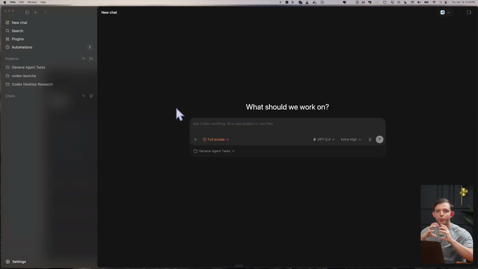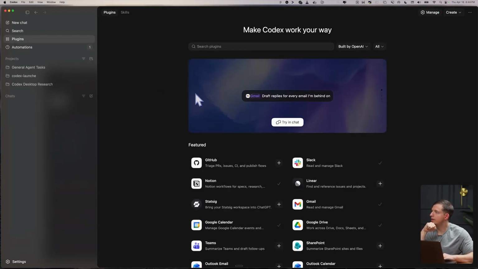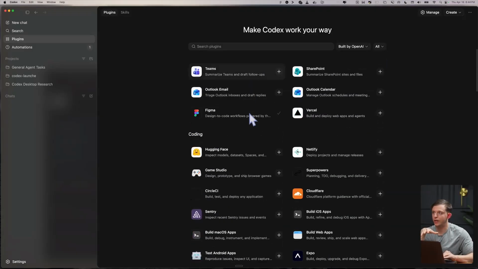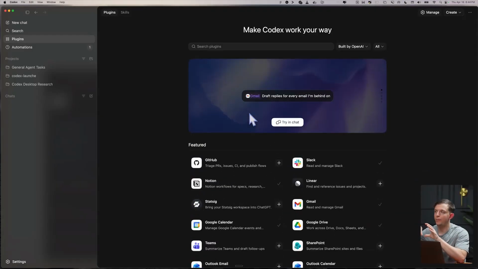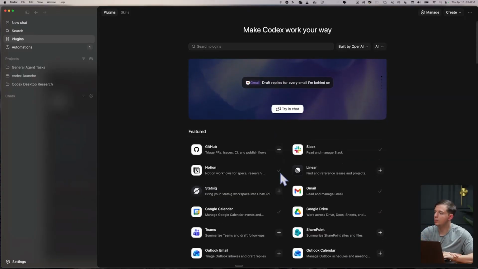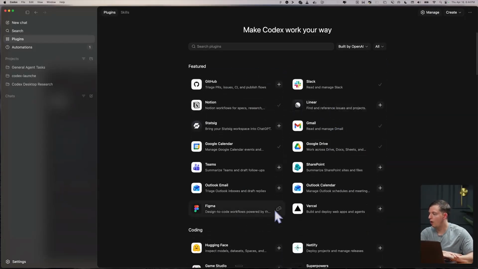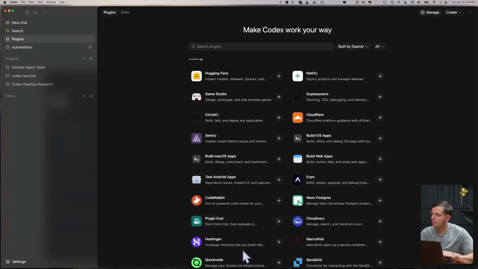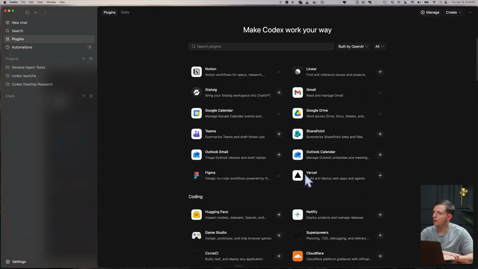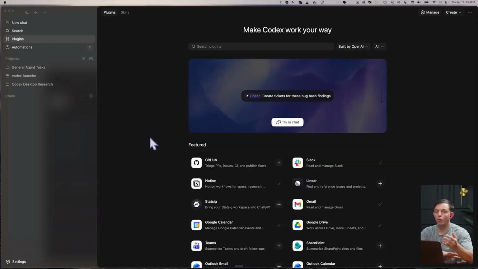And so plugins are kind of pre-made for you a lot of the time. They're just built into Codex, and this list is going to get 1,000 times bigger. This tool is going to become so popular that every software platform in the world is going to be begging OpenAI to create an official plugin for them so you show up at the top of the list. The value of showing up at the top of this list for GitHub, Linear, all of these tools, even showing up at this part right here like Neon Postgres, is so valuable. And so there's going to be more and more of these integrations,